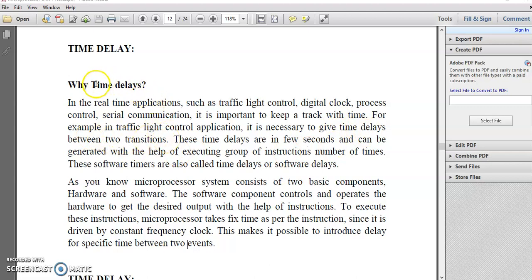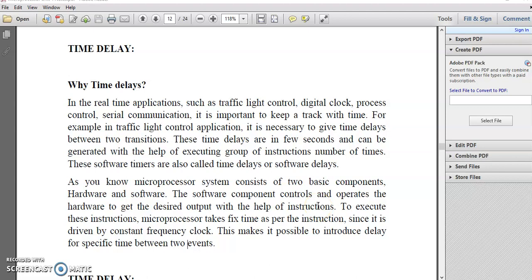So time delays can be given by some hardware device or some software. In software time delays, we introduce time delays using a set of instructions. By executing a set of instructions, we can introduce some software delays or time delays. As we know, each instruction requires some clock cycles to execute.